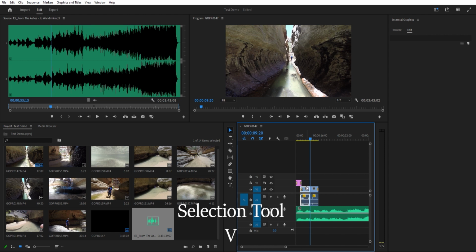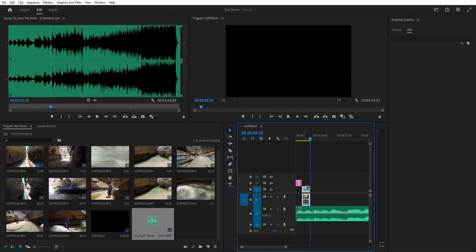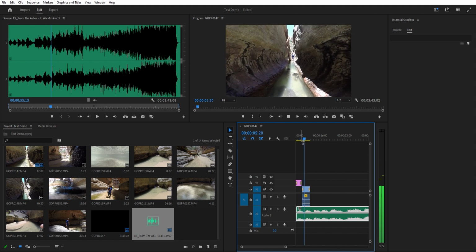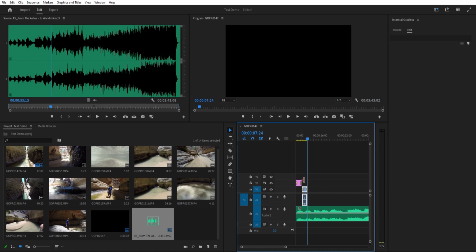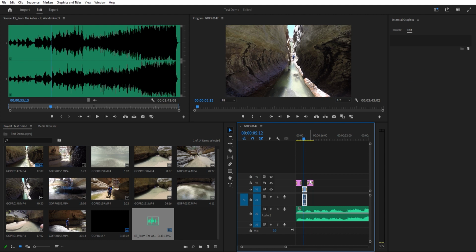So I'm going to hit V and then select the beginning of this clip that I don't want and just delete it. And then I can drag this on the timeline, and I'm going to hit Control D again to fade that in. And then maybe fade it out even sooner. And then from there, I'm just going to copy this text by hitting Control C and then Control V, and that will,